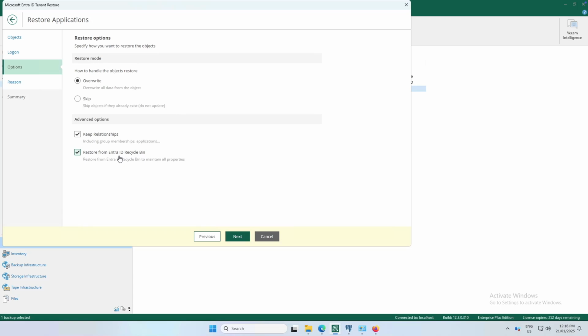Another interesting use case for why this is handy is that when you restore from the Veeam backup, it's essentially recreating that object. So when that application gets recreated, if you don't have this option checked, the application will get a new app ID and you will not have your client secret, or a certificate for that matter, because it's a new application that Veeam is recreating. But if you have this checkbox enabled, Veeam will look for a deleted copy in your recycle bin, which is the Entra ID recycle bin, and Veeam restores it from that location,